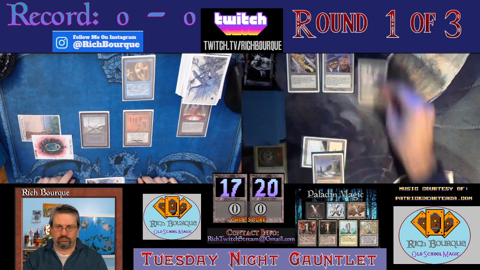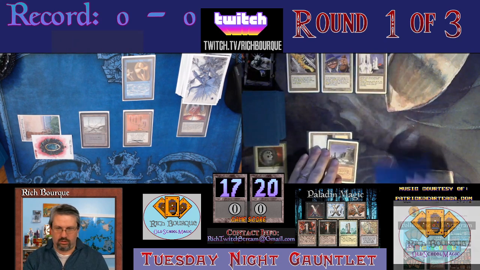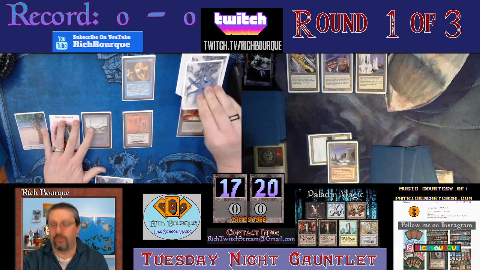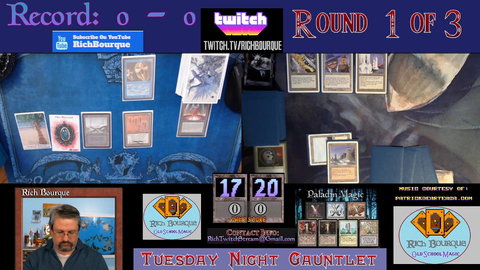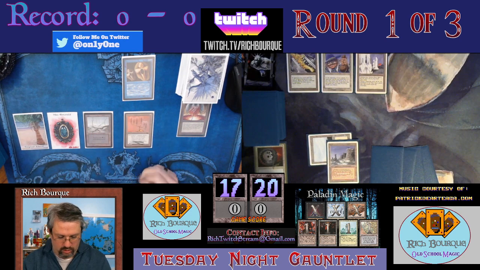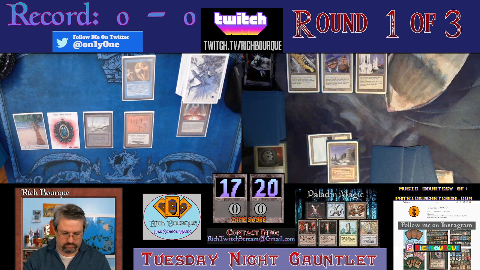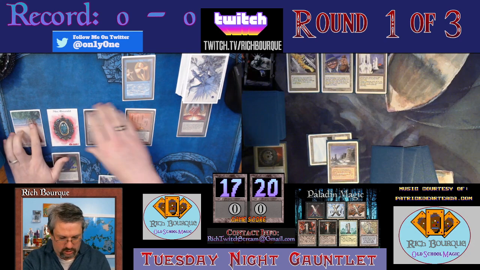I will play an Ivory Tower. Okay. And you have how many cards in your hand? 4 in hand right now. Okay. And I'll pass the turn to you. All right. Untap. Draw. I'm going to play a Lotus. Okay. And then